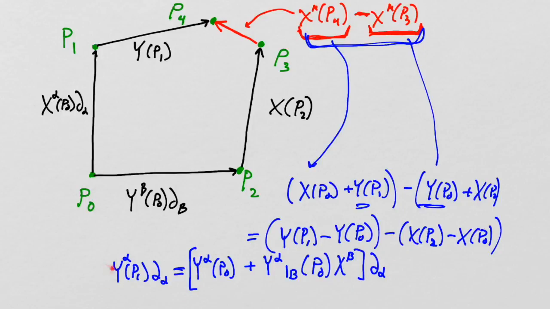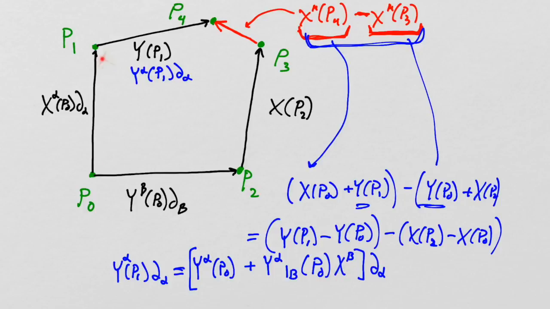The value of the vector field at P1, which I'm now writing as y alpha at P1 partial alpha, is going to equal, we're going to do a linear Taylor expansion. We're going to say this vector field value at P1 is equal to the vector field value at P0, which happens to be this vector, plus the regular derivative of the vector field